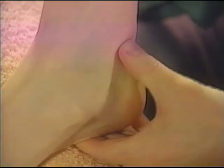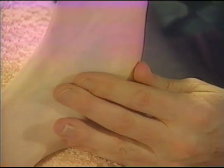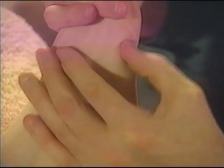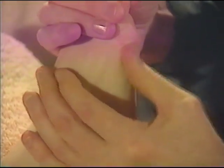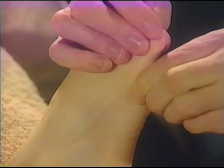To work the area for the arms and legs, support the foot with the right hand. The fingers of the left hand should rest on the top of the foot. Walk the thumb vertically along the side of the 5th metatarsal bone towards the little toe. Place the left thumb on the sole and, sliding the thumb as you go, walk your index finger back along